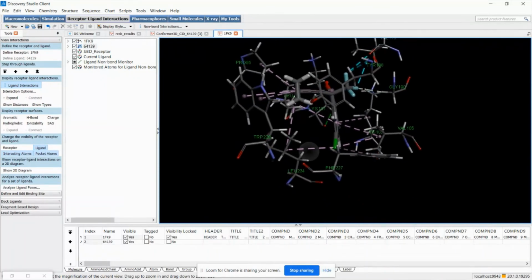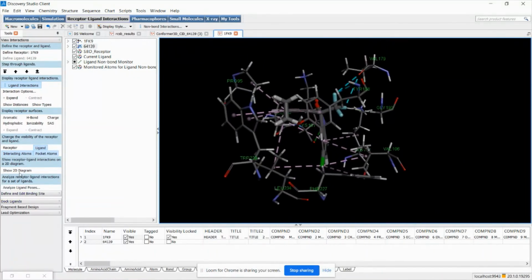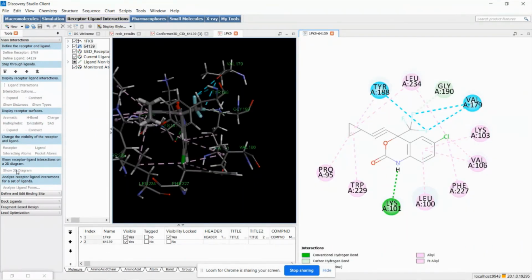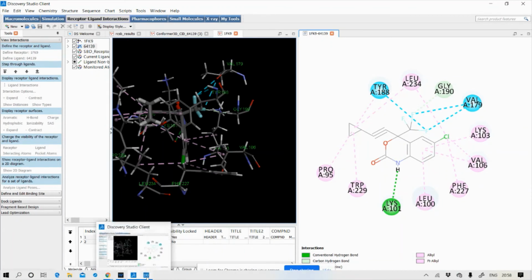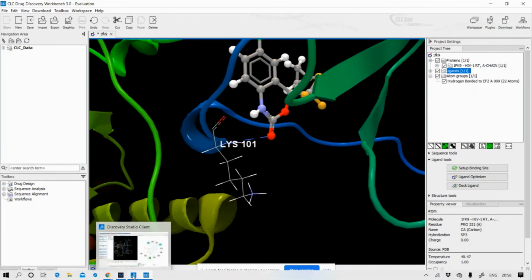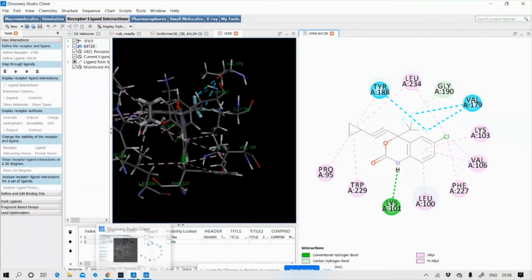Further, you can have a two-dimensional image of your interaction protocol. If you see, the hydrogen bonding is clearly mentioned with your lysine 101. That means your binding pocket is well defined. However, if you see whether the interacting residue is changed with the other software, it is okay, there is no change. Let me go back. Yes, that is carbonyl and it is NH.